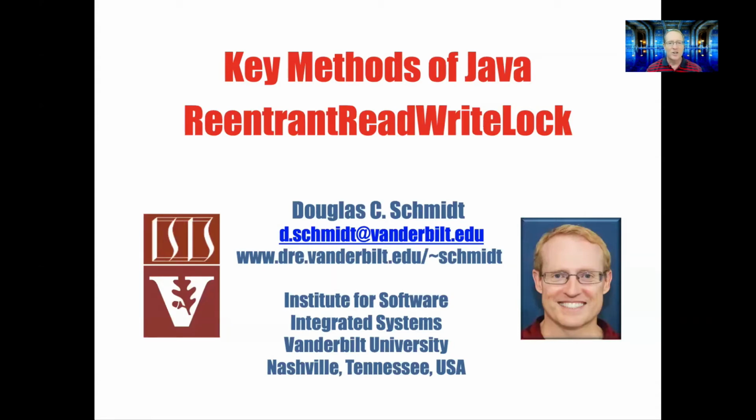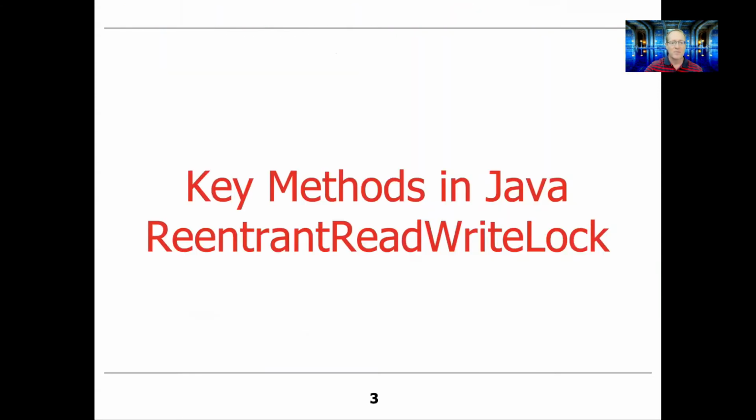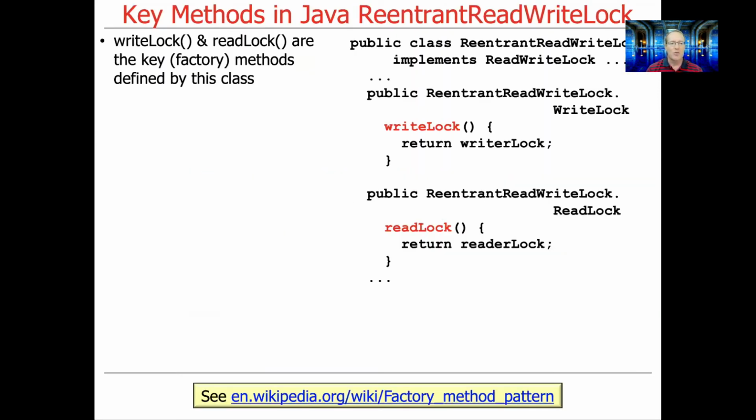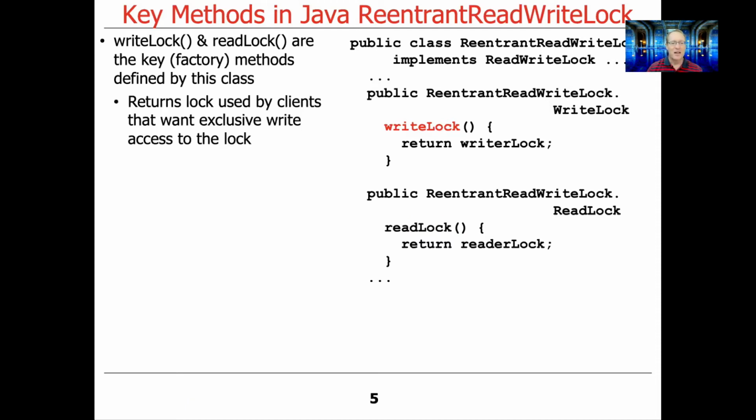So let's go ahead and take a look now at the key methods in the Java ReentrantReadWriteLock class. WriteLock and ReadLock are the two key factory methods defined by the ReentrantReadWriteLock class. And you can see what they look like here. WriteLock just returns the writer lock field. ReadLock, not surprisingly, returns the reader lock field. Very, very straightforward methods. And what's interesting here is not really these methods, it's what these methods do and how